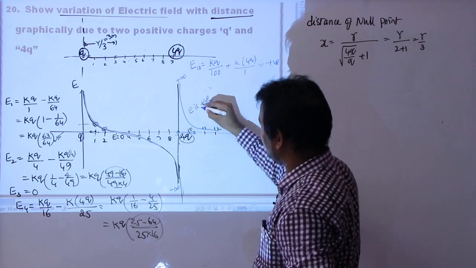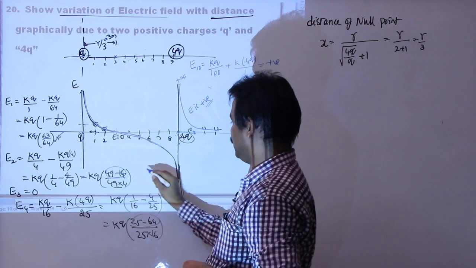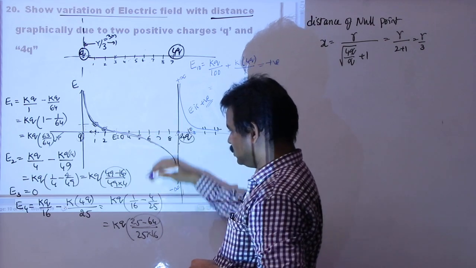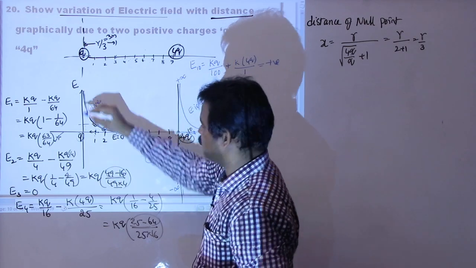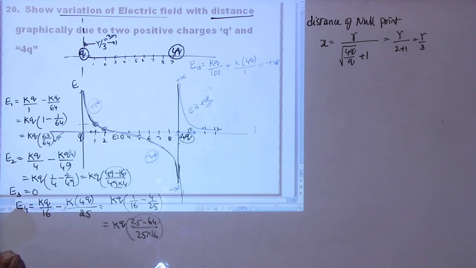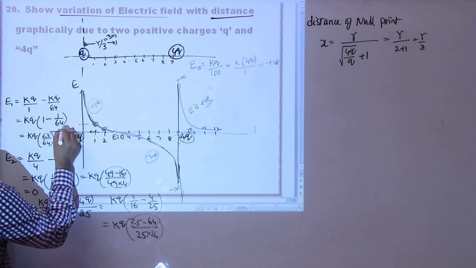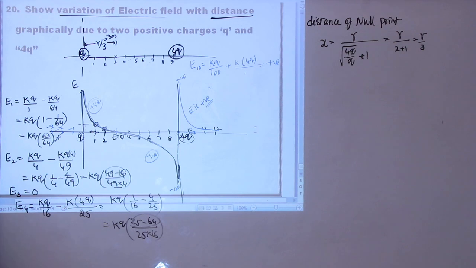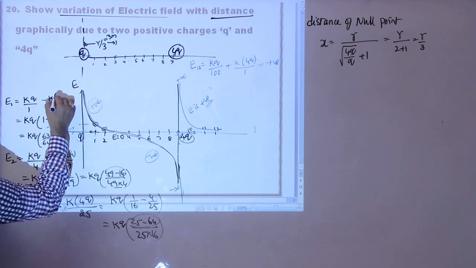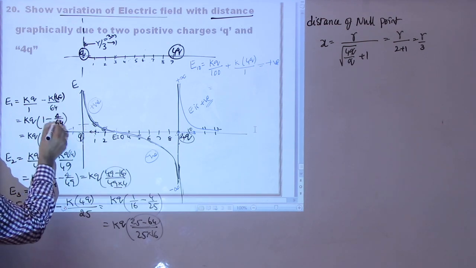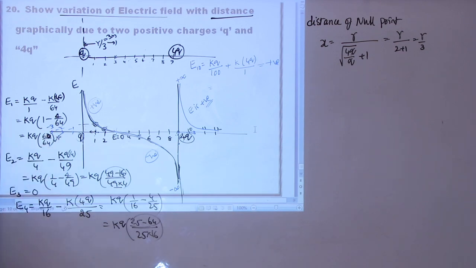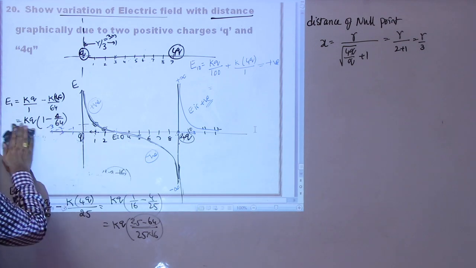So what is the meaning of this curve? Here the electric field is positive because of both charges. Here the electric field in this direction is negative because this is along the negative y-axis, this is negative, and this is the positive x-axis, this is positive. So let me find the electric field at this point, that means at -1, -2, -3. Here in this case also I need to write kq by 1, k into 4q by 1. So this is 4, that's why this becomes 64 minus 4, which means 60. So like this we can find the electric field in this case.